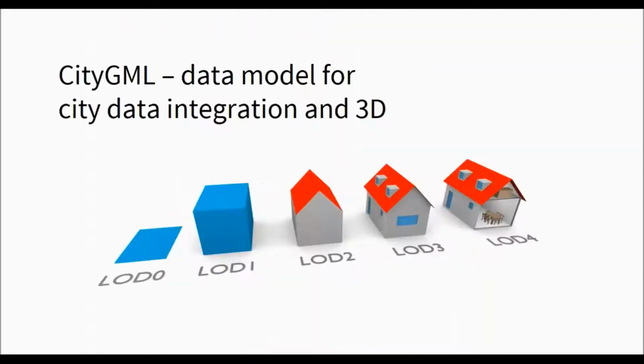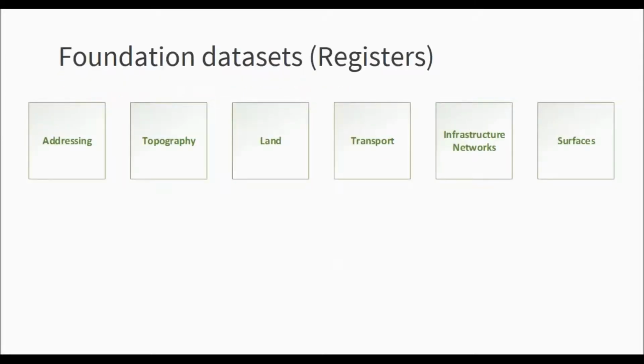And this slide was really the starting point for the motivation of the development of a standard issued by the Open Geospatial Consortium called CityGML, which is often seen as a standard for 3D because it allows you to depict data in 3D in a variety of levels of detail. But it's also really a standard for data integration in a city context, and that's quite relevant here.